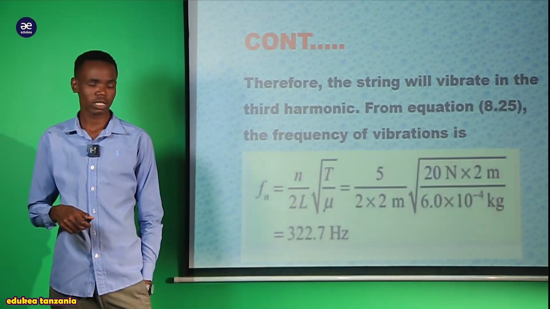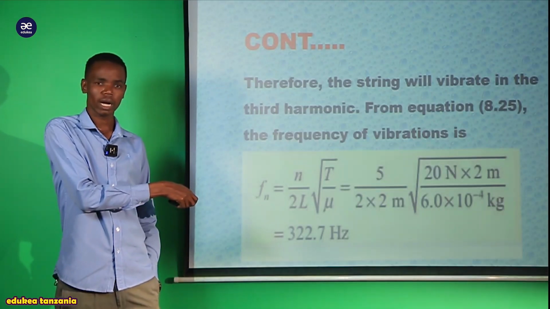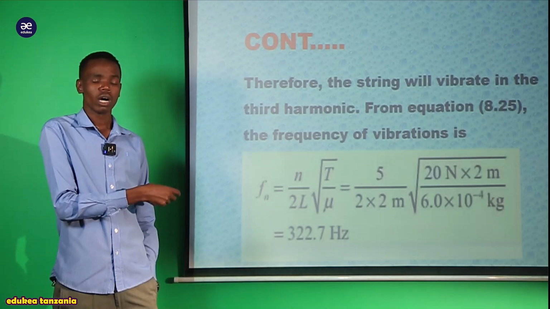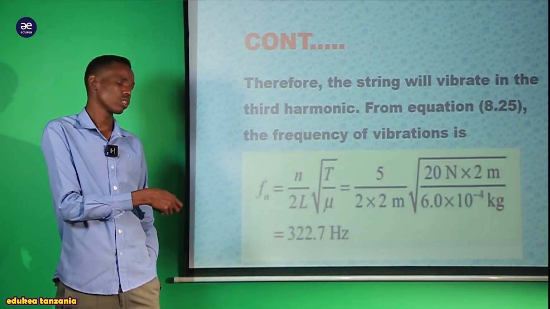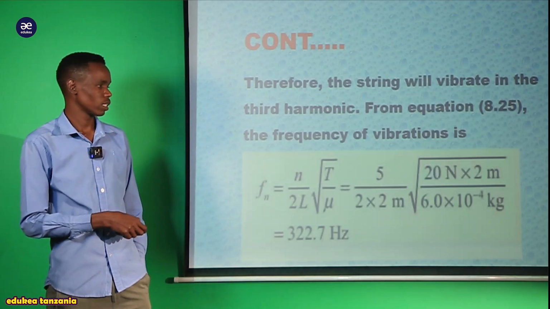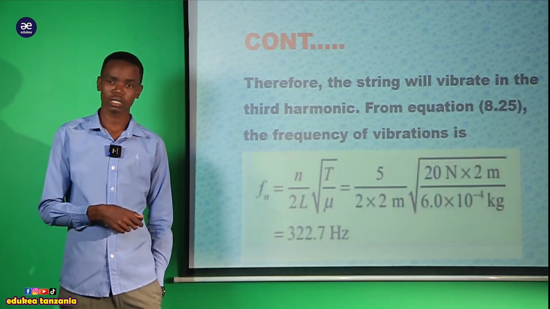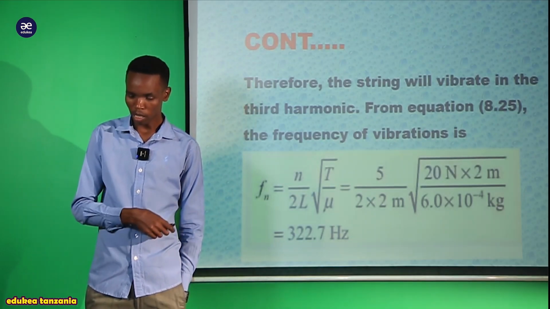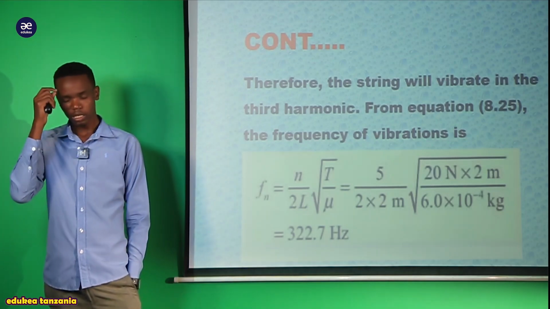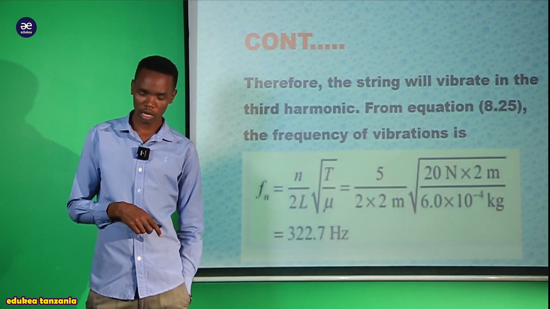The tension we have is 20 Newton, then we multiply it by the length, because the linear mass density mu is equal to the mass divided by the length, so it goes up. Then it will be 5 divided by 2 times 2 meters, times the square root of 20 Newton, times 2 meters, divided by 6.0 times 10 to the negative 4 kilogram, as we have been given, my dear students. So finally we conclude, according to the way we have been asked in our equation,